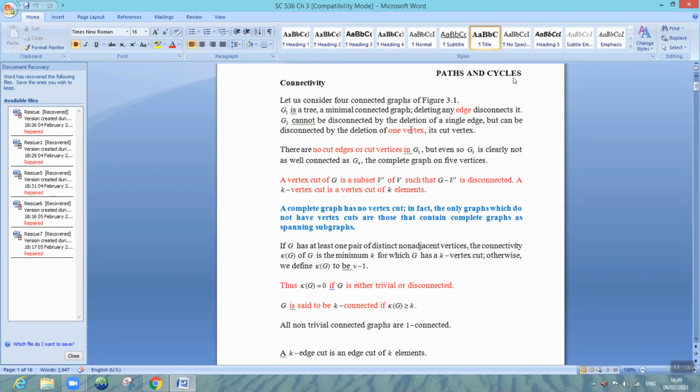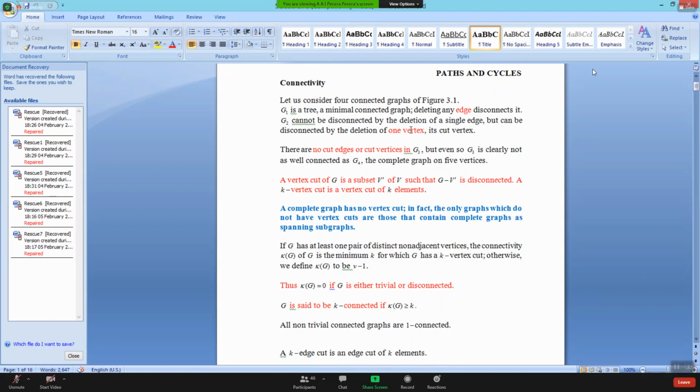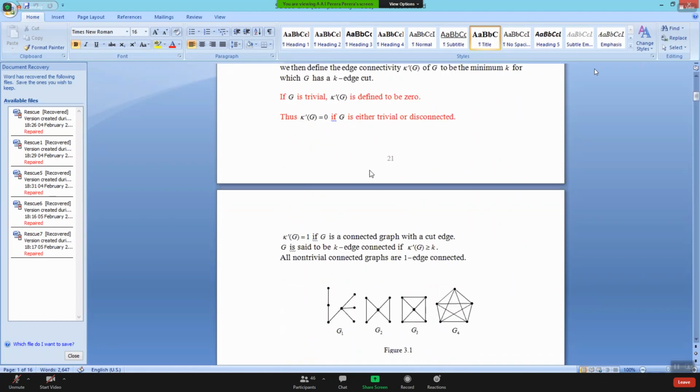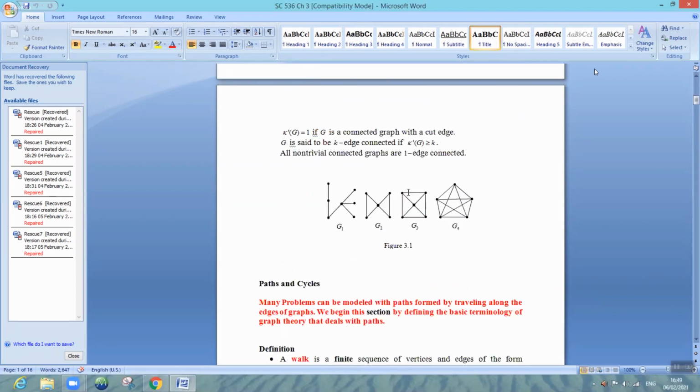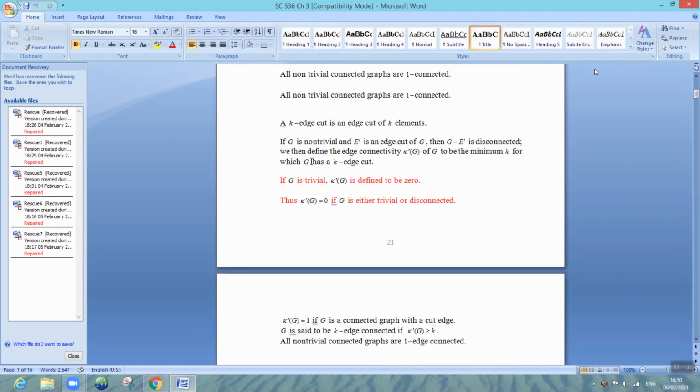Then the other one is the cut edge. A cut edge is an edge which, once you remove it, you can disconnect the graph. In the third one, there is no cut edge or cut vertex. So to disconnect, you have to remove three vertices. In other words, the cut set has three vertices. Even the cut set has three edges. If you remove these three edges, you can disconnect. If you remove these three vertices along the diagonal, you can disconnect.